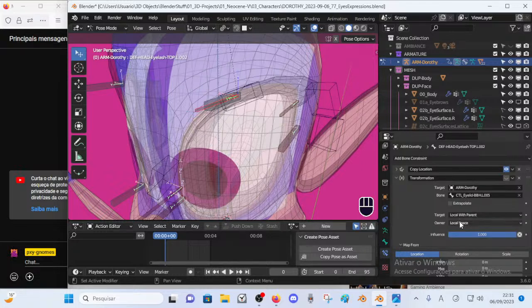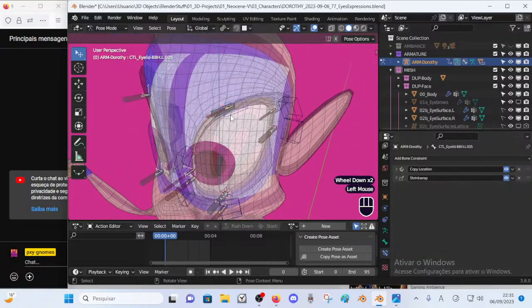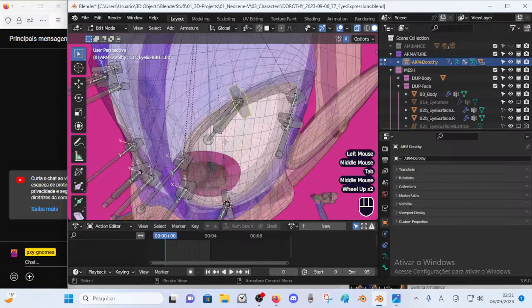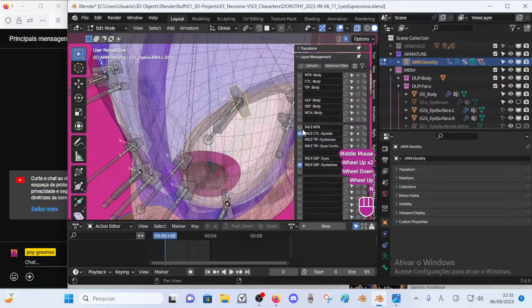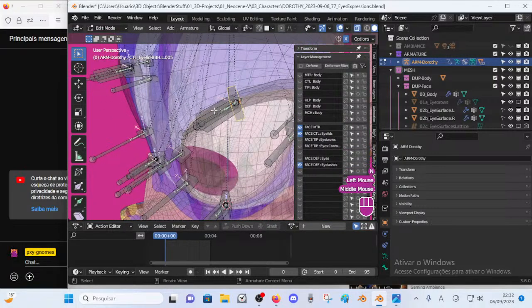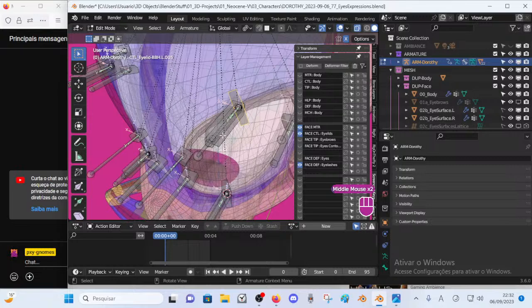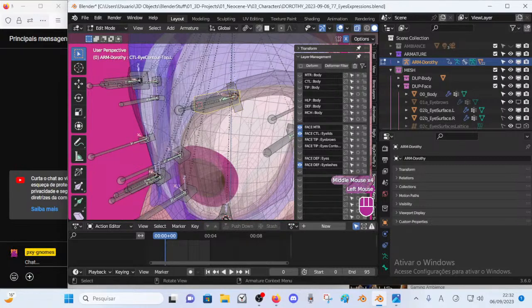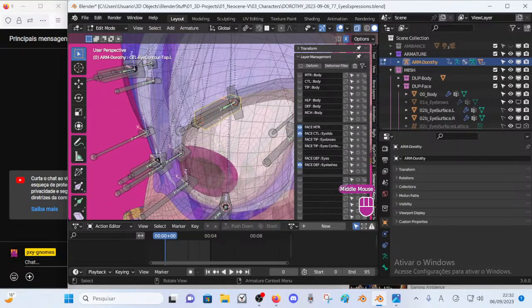Ah, hold on. Maybe all this is not required because these bones have the same orientation, the same starting location, the main bones, and it's local with parent, so this is a substitute to that.